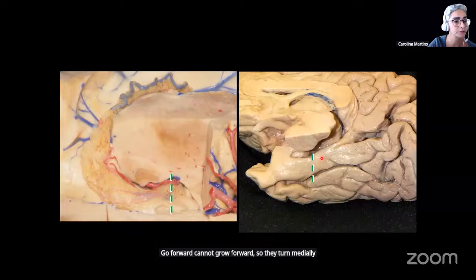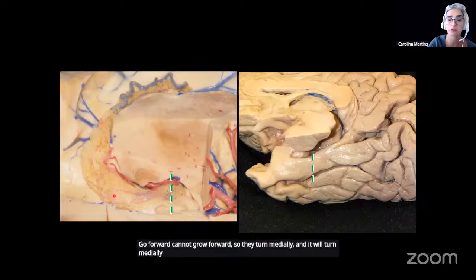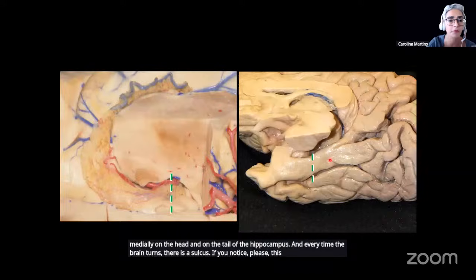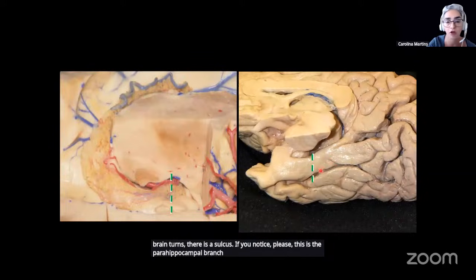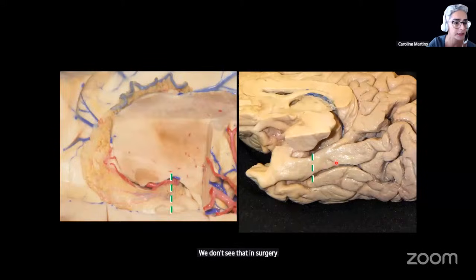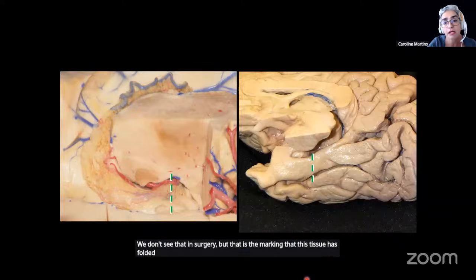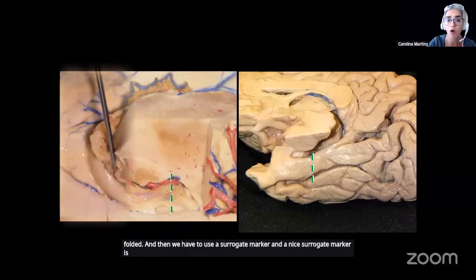It will turn medially on the head and on the tail of the hippocampus. And every time the brain turns, there is a sulcus. If you notice, please, this is the parahippocampal branch, a secondary branch of the collateral sulcus. We don't see that in surgery, but that is the marking that this tissue has folded. And then we have to use a surrogate marker, and a nice surrogate marker is the wall, the anterior wall